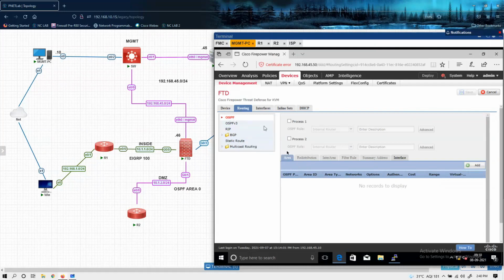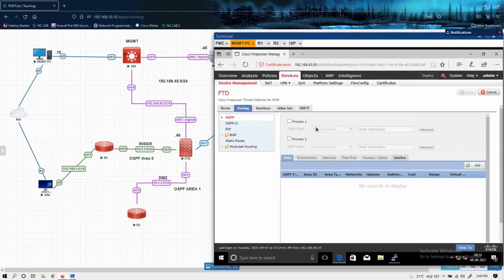Okay, so here you can configure OSPF. Let's configure OSPF only for now. EIGRP is not used that much. We can configure multi-area OSPF here. OSPF area 0, and this is OSPF area 1.